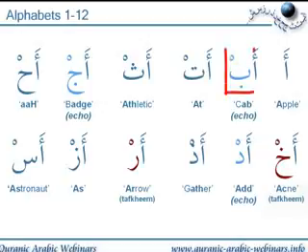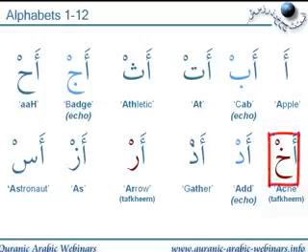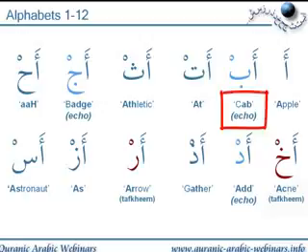The color coding, the light blue letters are the qalqala letters, i.e. the echo letters that require you to finish the pronunciation with a separation of the parts of articulation, as we've discussed before. And the dark red letters are the tafkhim letters. If it's tafkhim and it's qalqala, we'll leave it in light blue, because for this lesson it's more important to emphasize the slight echo. And underneath each letter we've got the English equivalent as best as possible and a note,